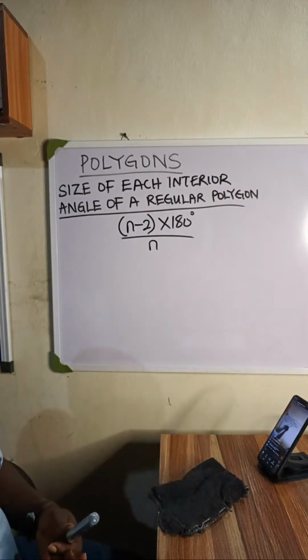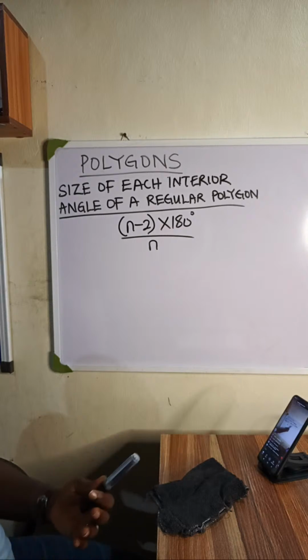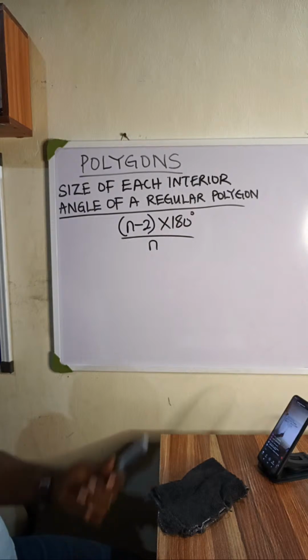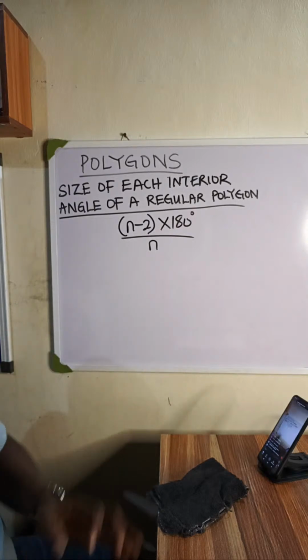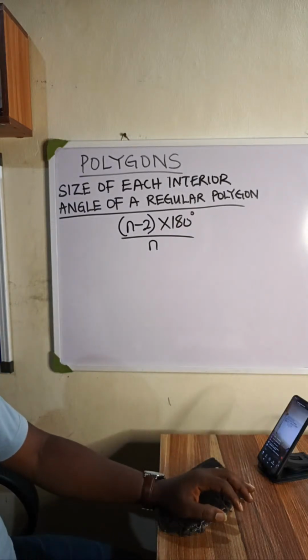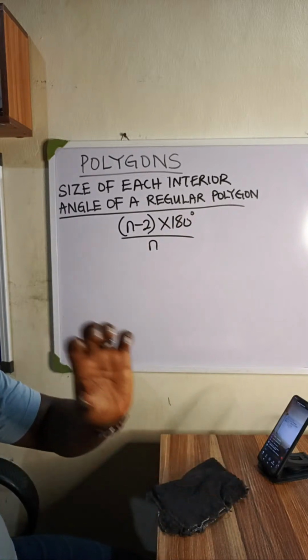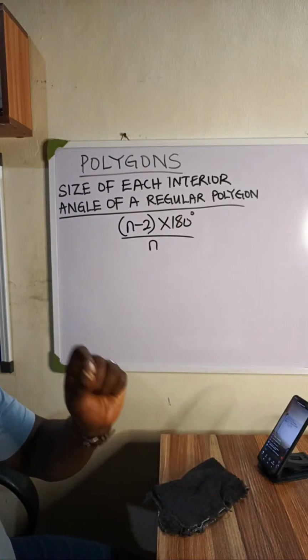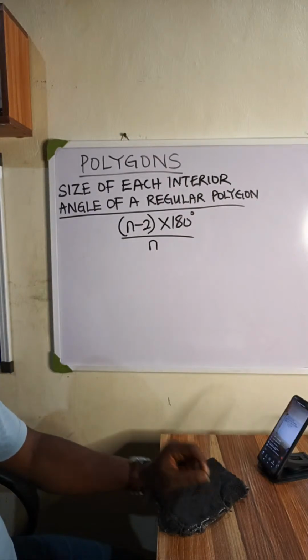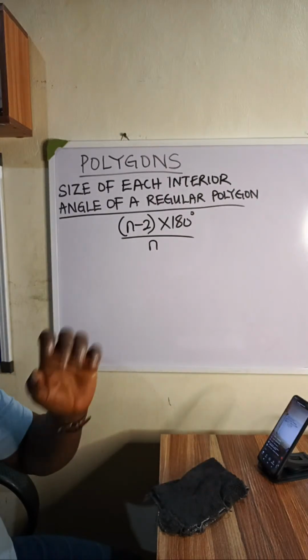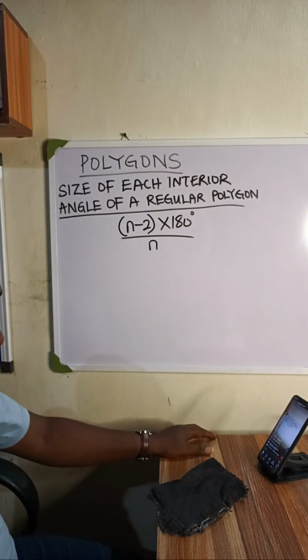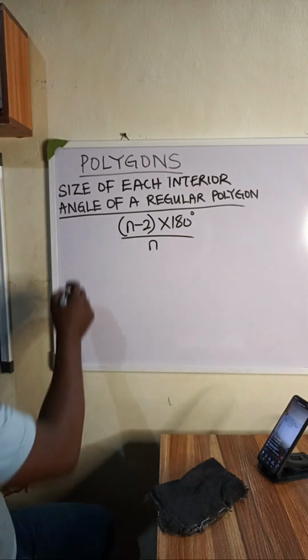Once you know this total angle, all you need to do is divide it by how many sides the polygon has, or how many angles the polygon has. That will tell you the size of each angle, okay? Because a regular polygon has equal angles. All the angles have equal value. So if you want to know each of those angles, all you need to do is divide by how many angles there are. So for example,